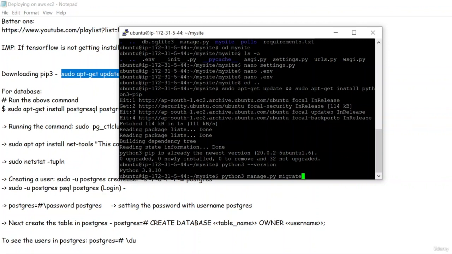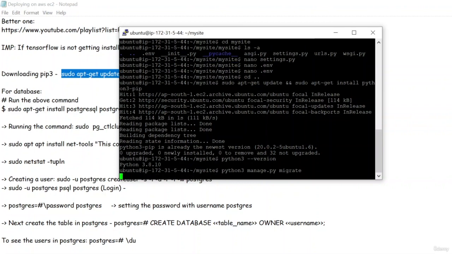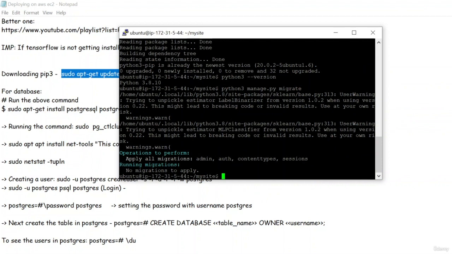So all of those tables would be created and stored on this server, basically this instance, because what we had done was to have our tables inside our local machine only. So run this command and okay, it is telling me that there are no migrations to apply and the operations were performed on